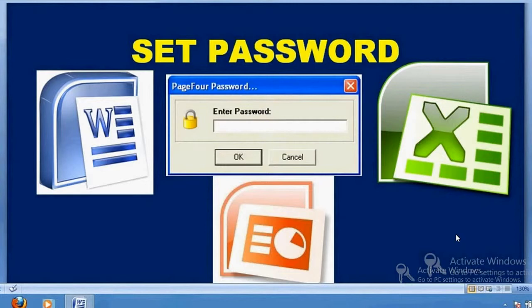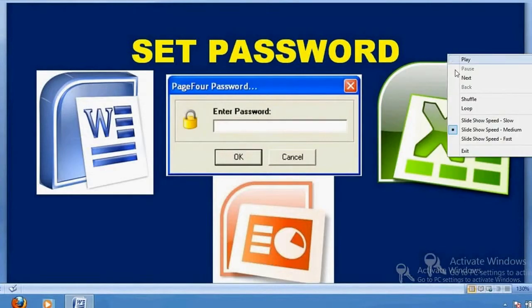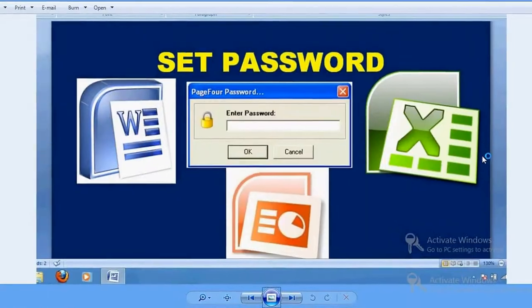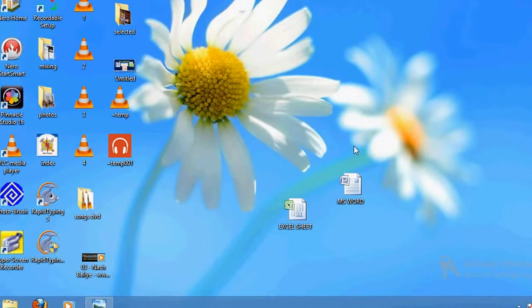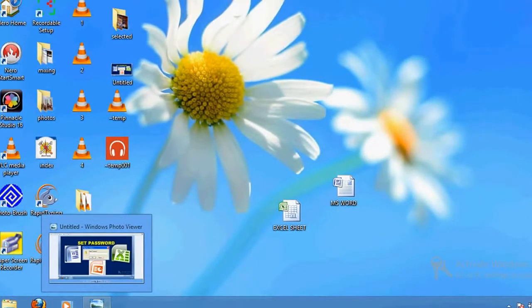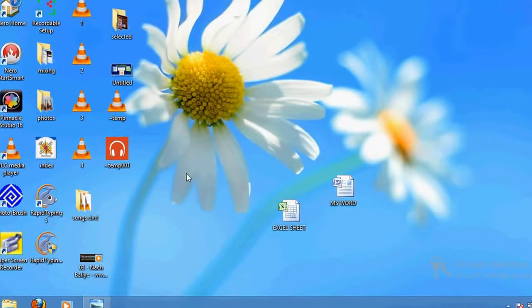Today I'm going to show you a very simple thing, but it would be useful to you: how to set a password to your MS Word document, or your MS Excel document, or your PowerPoint document. So to encrypt your document, if you have any important files and things, to protect your files and folders from viruses as well. Okay, so let's see. It's very simple. It takes only 1 minute.